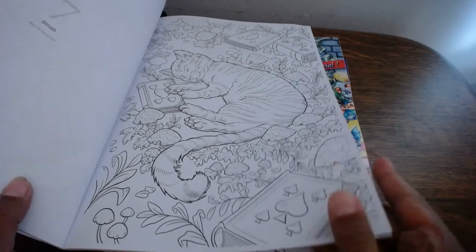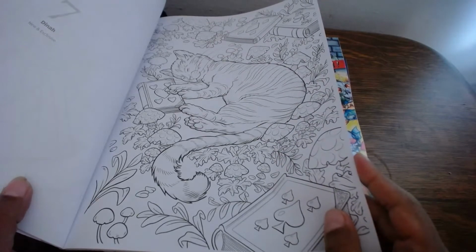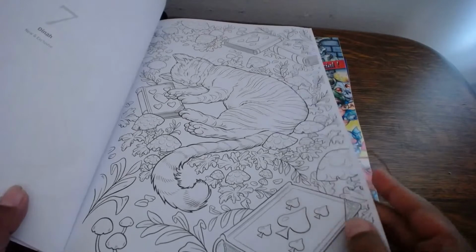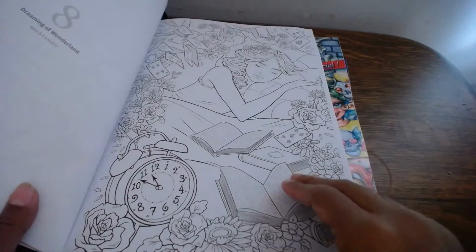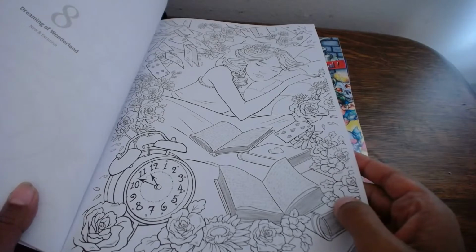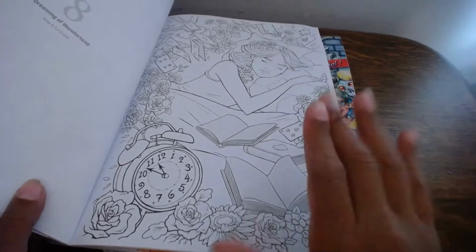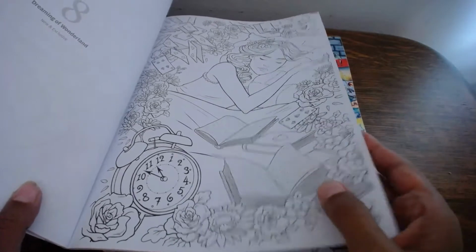The next one is going to be the Halloween one. I'm thinking about getting it along with the Christmas compendium. But I'm waiting because I already bought so many books this month. So I want to slow down on the buying for a little bit,